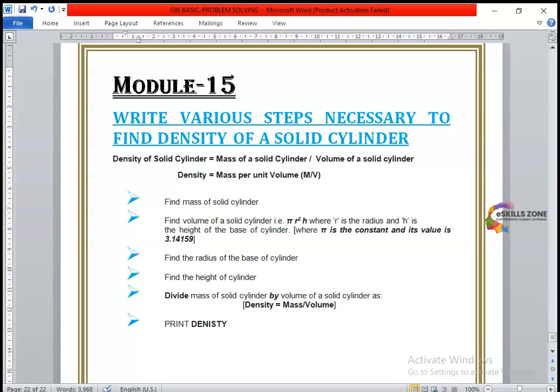We will be using some specific symbols through which the density of a solid cylinder is calculated. So that's all for today,